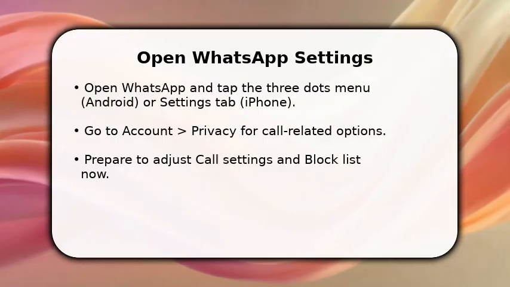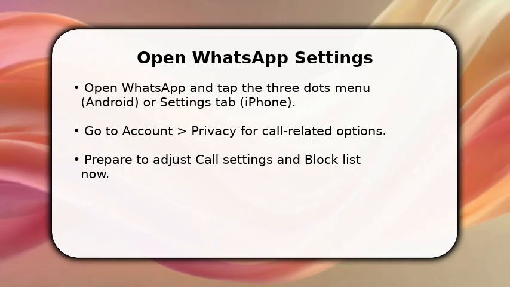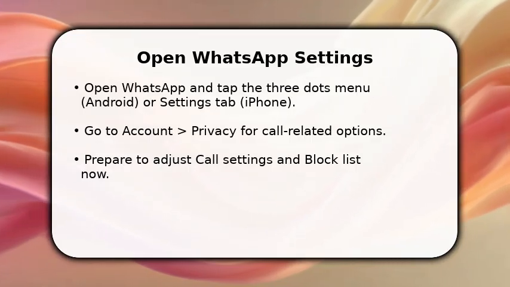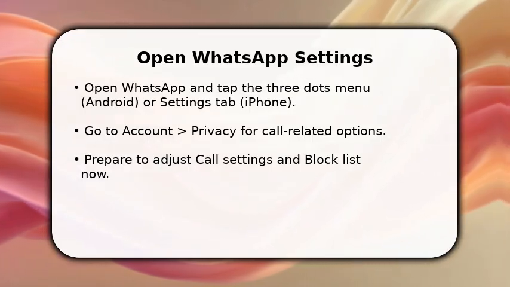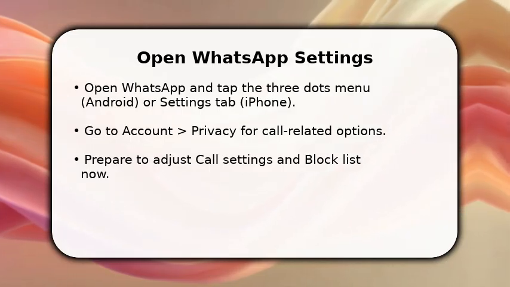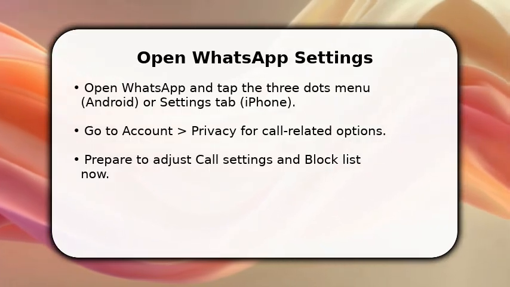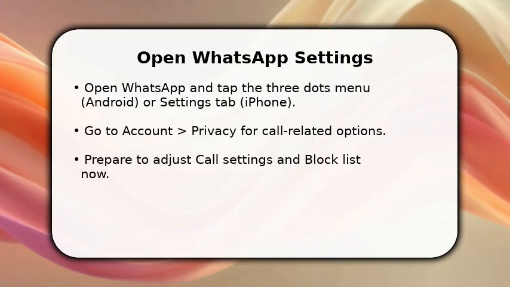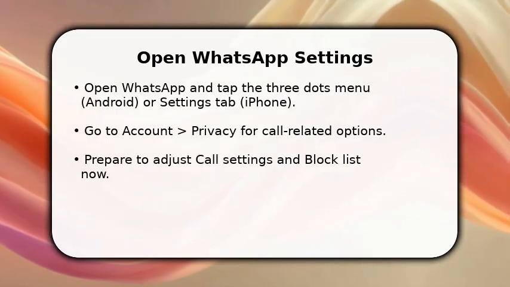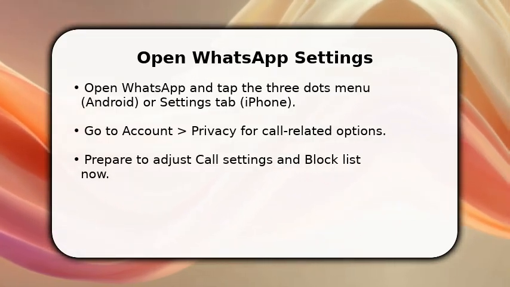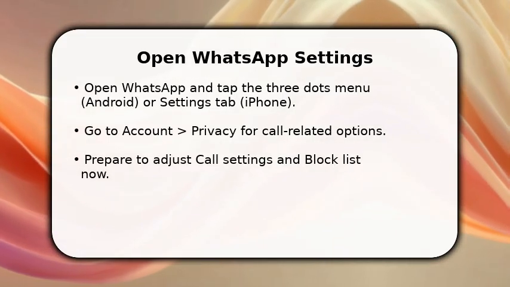You start inside WhatsApp. Open the three-dot menu on Android or tap Settings on iPhone and head straight to Account, then Privacy. You do this because call permissions and blocked contacts live under account controls. Once there, glance at blocked contacts and call settings to see whether the person is already blocked or if Do